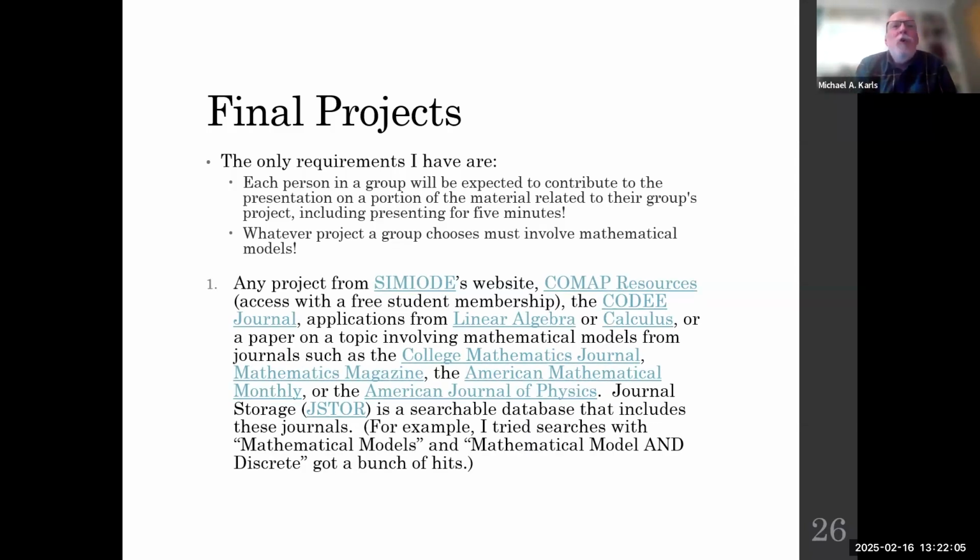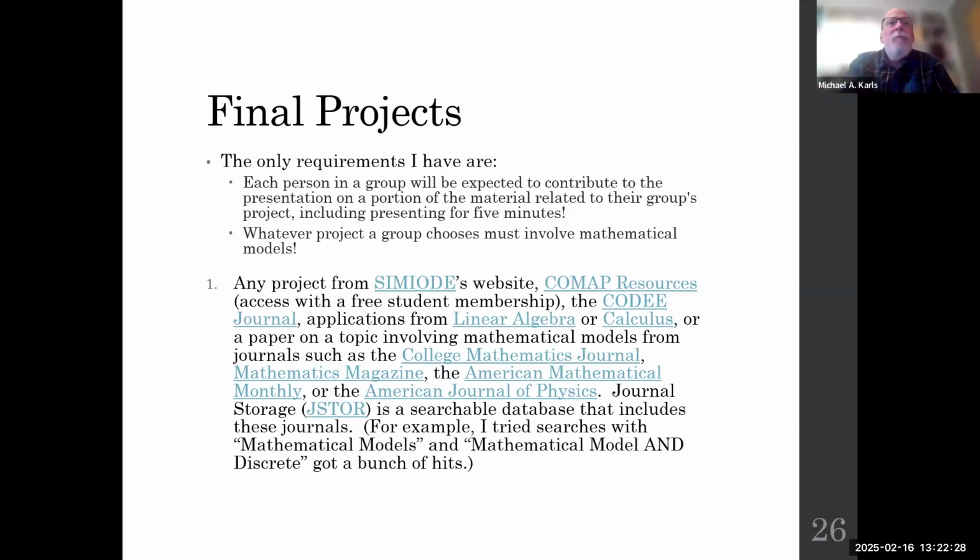I used the SIMIODE website, COMAP resources, the Cody journal, a link to a linear algebra book, and a link to a set of projects published by the MAA that used calculus for modeling projects. And then the College Math Journal, Math Magazine, American Mathematical Monthly, American Journal of Physics, and then JSTOR. These are all cool places where you can find